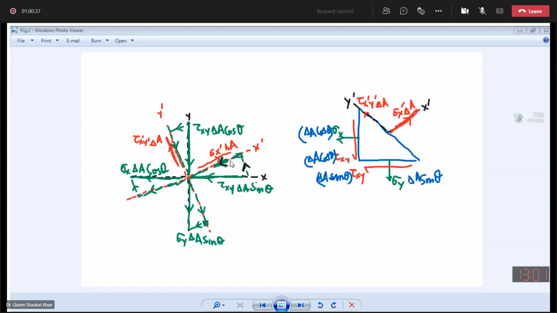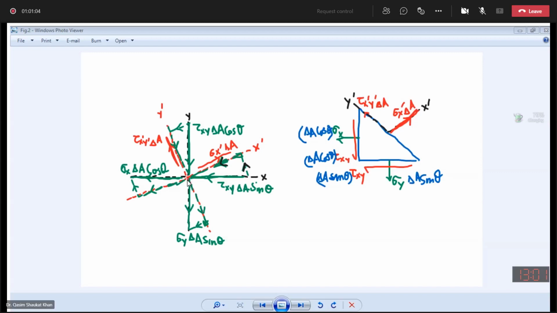You guys are getting the same signs, because signs are important. When we do the summation of forces, the equilibrium equations about the x and y axis, we need to make sure that our forces are oriented in the true direction. Otherwise, what will happen? We will get the wrong signs. Okay, so if this is clear, then next,